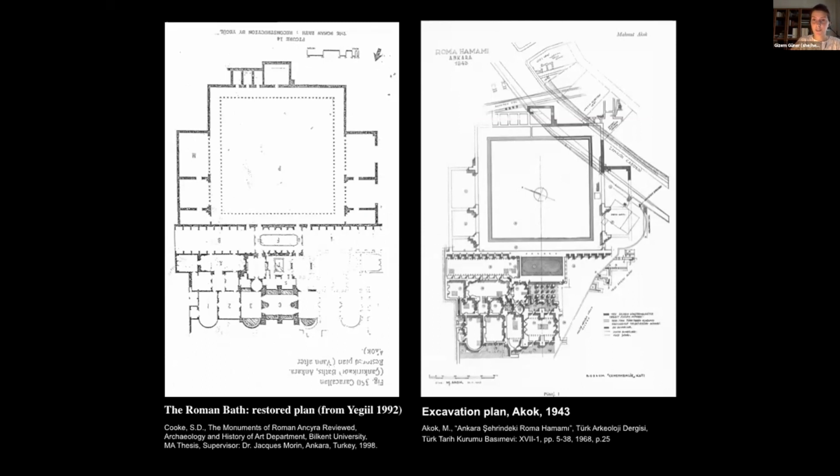It may be argued that in both his justification for the lack of a symmetrical plan and the spaces brought to life in his drawings, Akok's acquired knowledge of Roman baths, such as the Caracalla baths in Rome, dictated the way he imagined them to be. These assumptions on what the bath must have looked like led to the production of visuals far surpassing the spaces